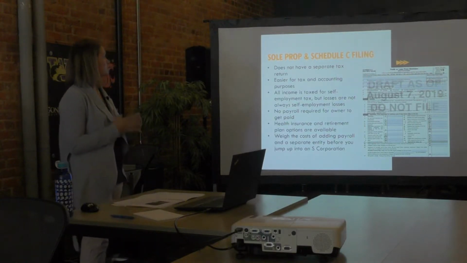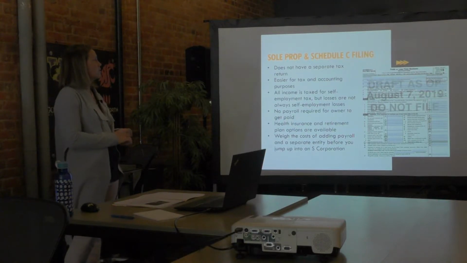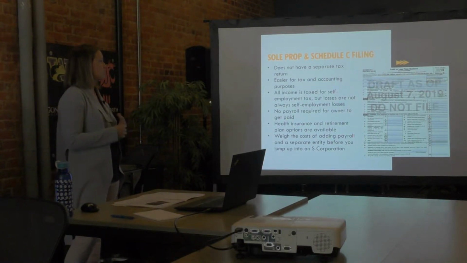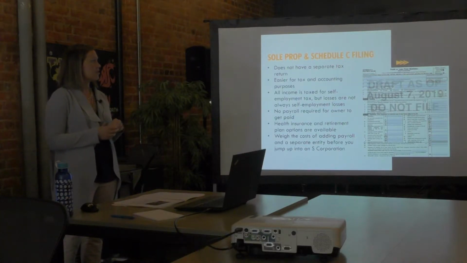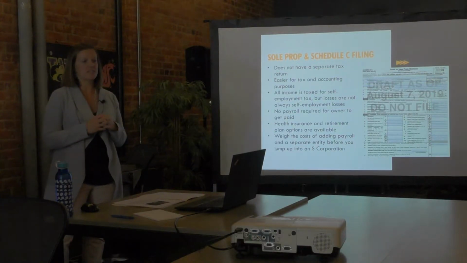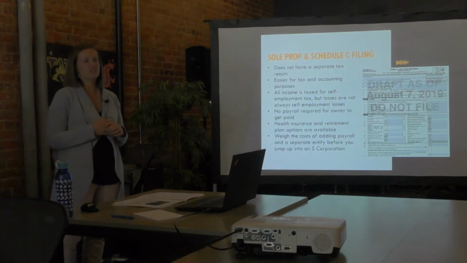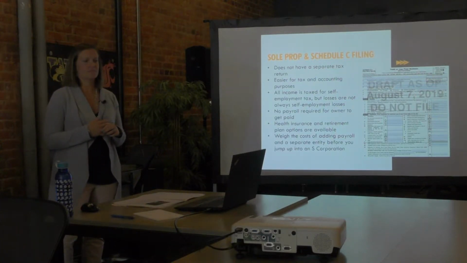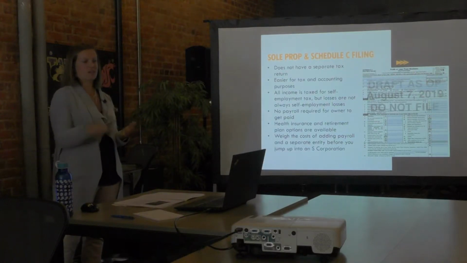But like we said too, there's no separate tax return. It's easy for tax and accounting purposes. It's all self-employment tax, which is all things we've already talked about. The bummer with these is you can have a loss of $50,000 in one year, and in the current year that will offset your self-employment tax as a loss. But say next year you have a $50,000 gain, you don't get to use that for self-employment offset. It just becomes a net operating loss into the next year.